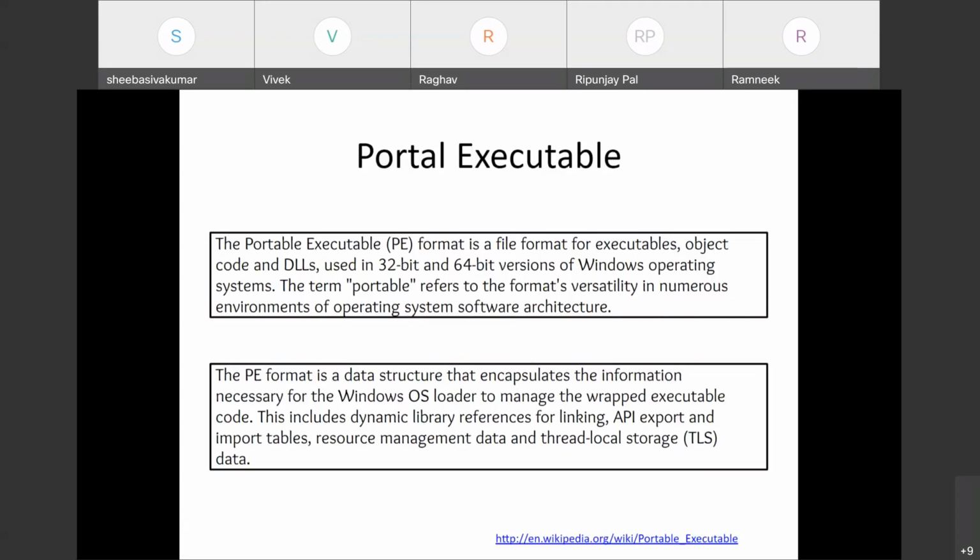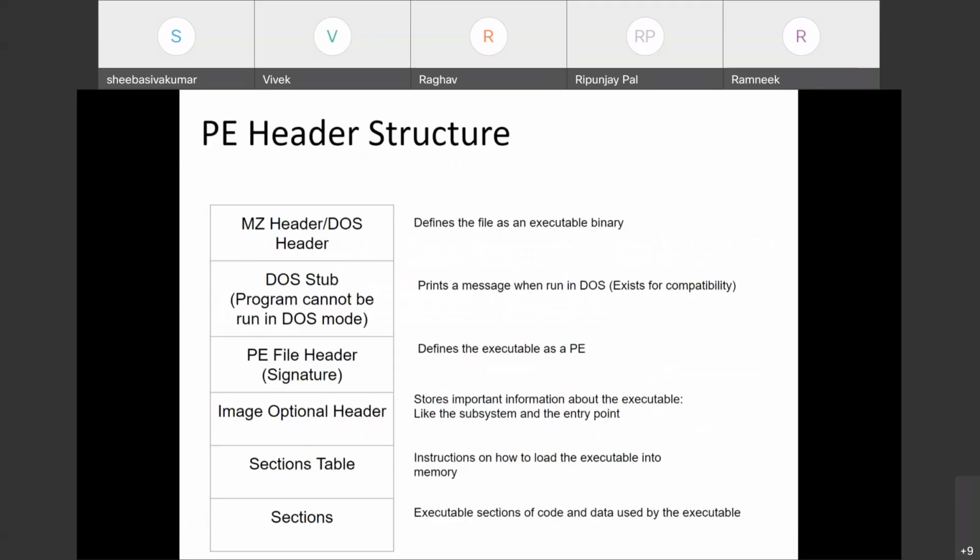The term portable refers to the format's versatility. This is your standard definition. It's not really important. What's important is how you are able to parse the PE format under any static analysis tool.